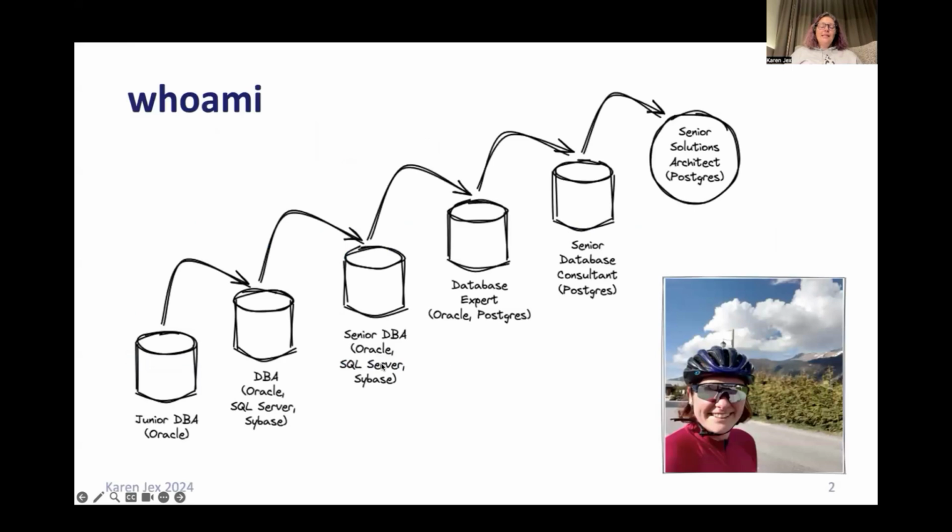This is me. I was a DBA for about 20 years before I became a senior database consultant and now a senior solutions architect, still working exclusively with databases. I've worked with a lot of developers along the way, and I've learned a lot from them. And I like to try to share what I know about databases in return. As in almost all of my talks, I use Postgres for the details and the examples in this talk, but the concepts are relevant to other database management systems.